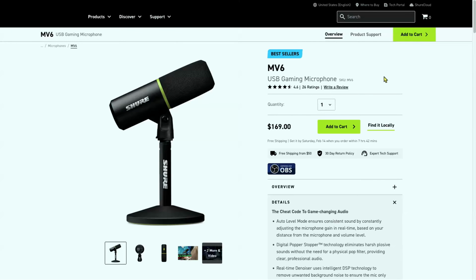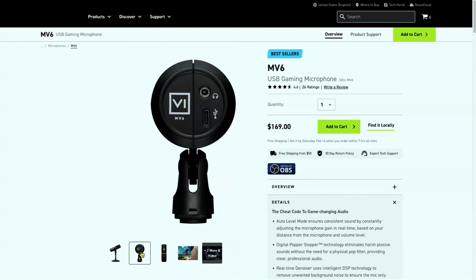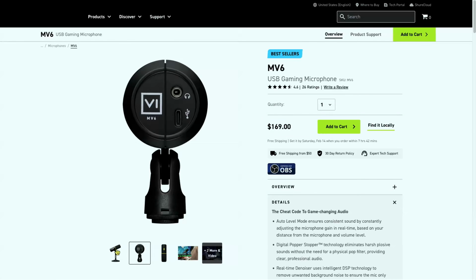First, I'll start with the MV6, called the USB gaming microphone. That's just a marketing term. It's a lower priced, decent quality dynamic mic. They're not doing themselves any favors by showing it on a small, short little desktop stand 10 feet away from the person's mouth. So that's not great, but it's a USB mic, good quality,